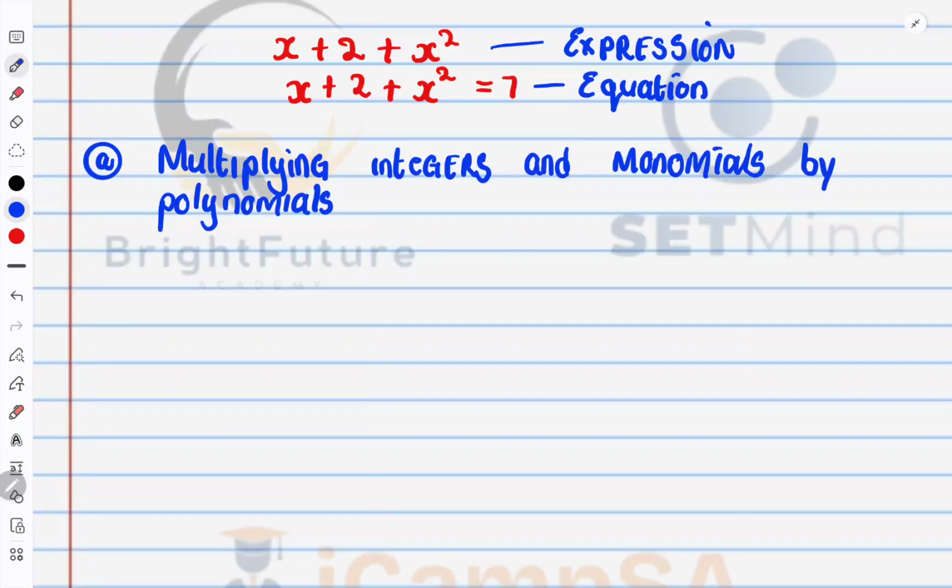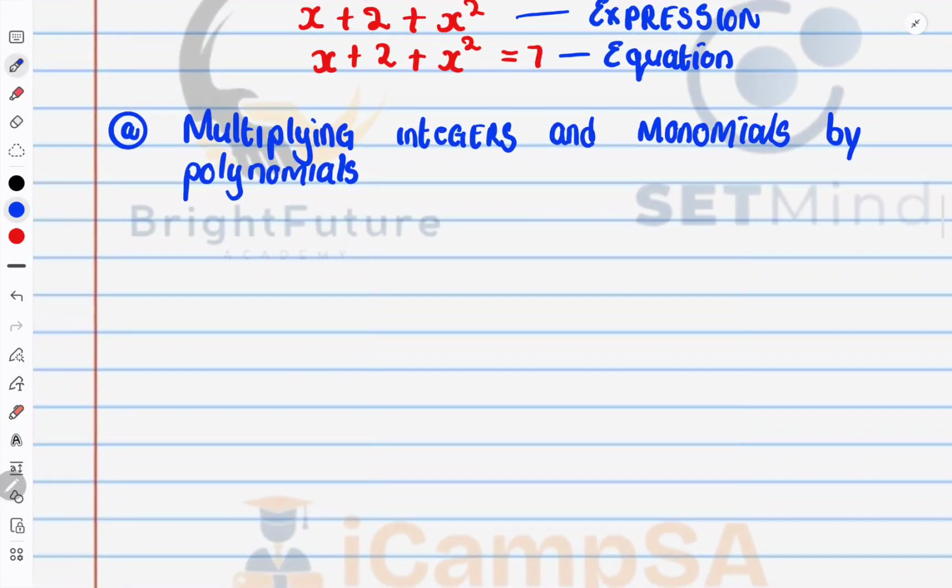Yes, by polynomials. So I said those are governed by the distributive law, which says that the term or the integer outside of the brackets, we will use it to multiply each term inside of the bracket. So in other words, according to the distributive law,